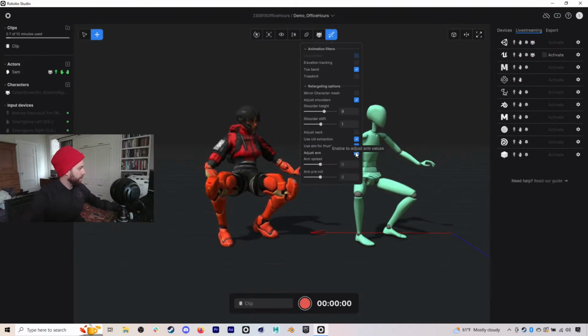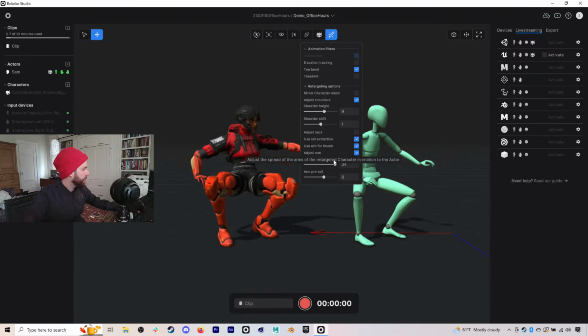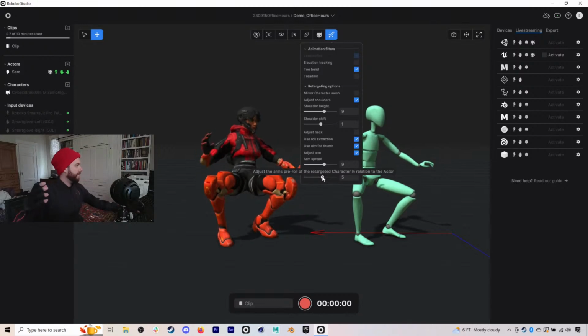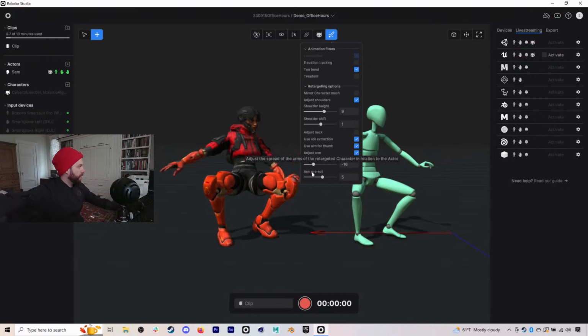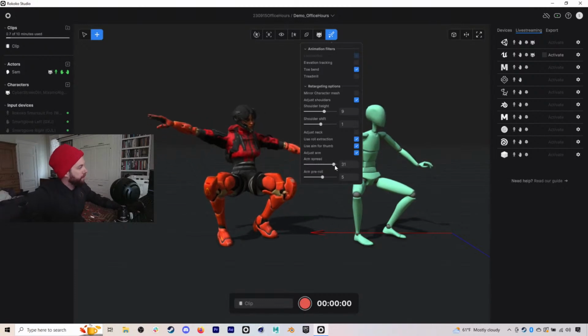So let's say okay, my hand is on my thigh. Well, I don't know if this is going to be the best option, but you can do some limited mocap here where it adjusts the arm spread. So there's something similar to this on Mixamo, where you can change the offset, right? So maybe if I have some clipping issues with grenades on my belt,